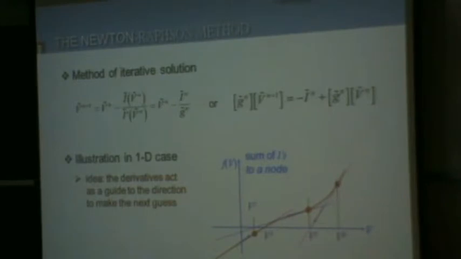If you expand this, it looks something like this. These are the derivatives of all the currents, these are the voltages you want to solve for, these are all the currents, and these are all the derivatives there. Based on this, you can get the first guess, and then keep iterating until you find that the current I becomes 0. Then you say you have solved the circuit. So this is what SPICE is doing.